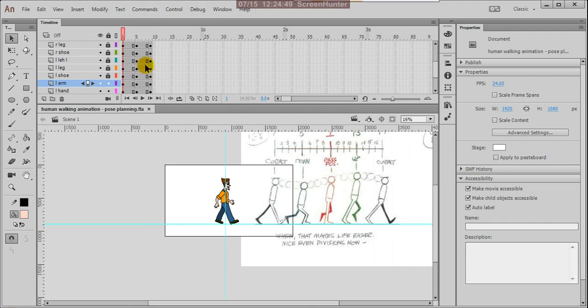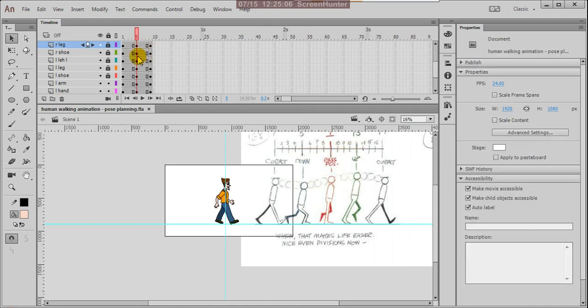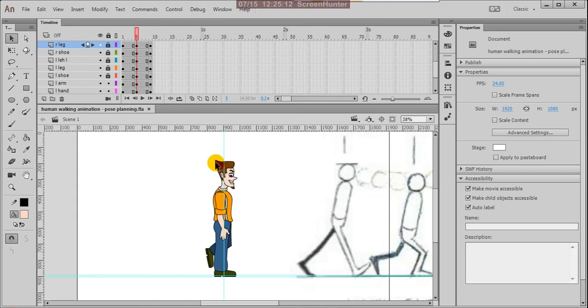The first pose is there, and the second contact. Okay, and between these two, first is at first, and second contact is at 9th, and the passing position or the breakdown pose at 5th. Okay, so you also can set these poses, then the remaining other poses in the next class I'll explain.